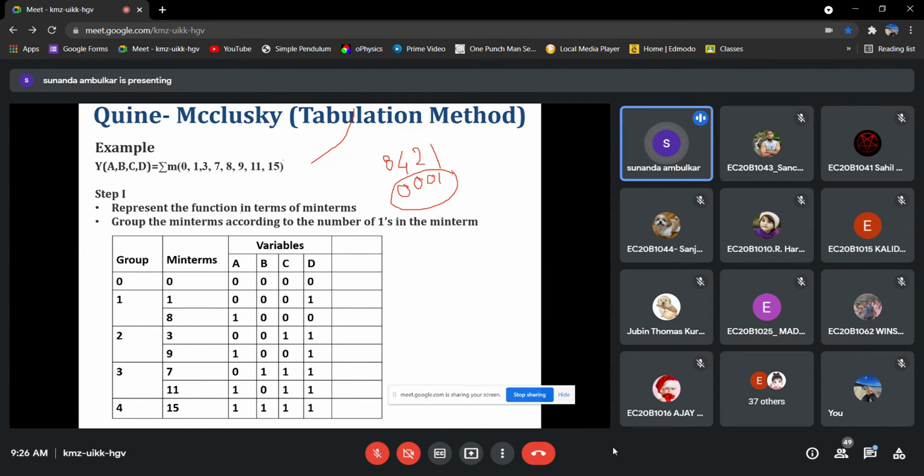The circuitry will be very bulky, which is not good for our electronic industry actually. So we try to minimize the number of literals in that Boolean expression. That expression or that function is represented by these min terms. We have to find out the minimized form of this function for the further implementation and the fabrication.